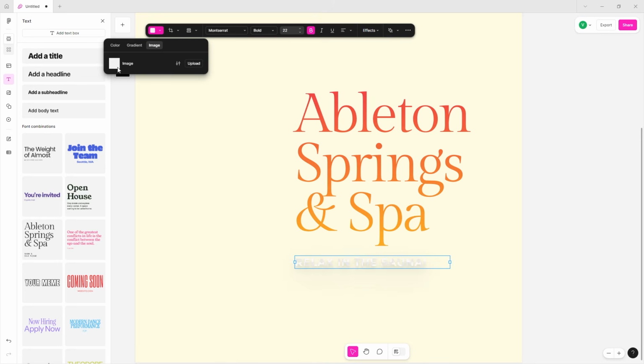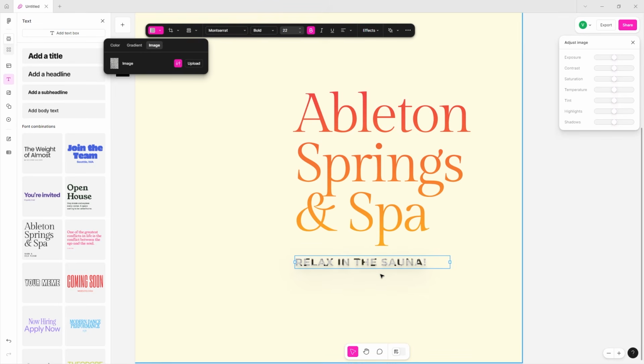So you can just add the image. Figma gives you a custom grid of whites and grays. You can change the exposure, the contrast, the saturation of these, but you can also upload your own image. I'm just going to get a simple image from somewhere that I have saved. This image that I've placed right here is a black and white grid. It is a repeating pattern and it just looks really good